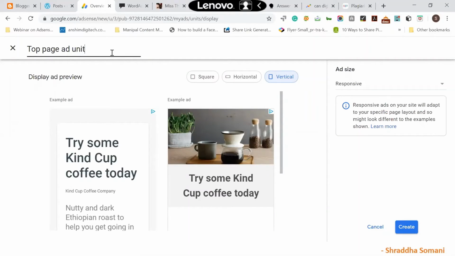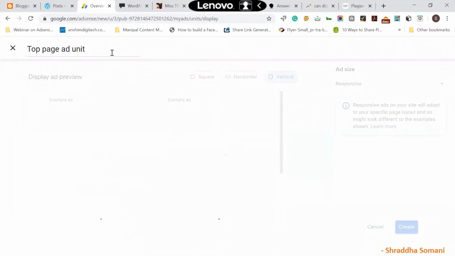So you are allowing side unit, bottom unit, header unit to show the ads, right? All this part you are allowing. In the reports, if you have named it correctly, you can see whether the top unit ads have performed well or right hand side unit ads have performed well, right? Okay. Then I'll click on create.